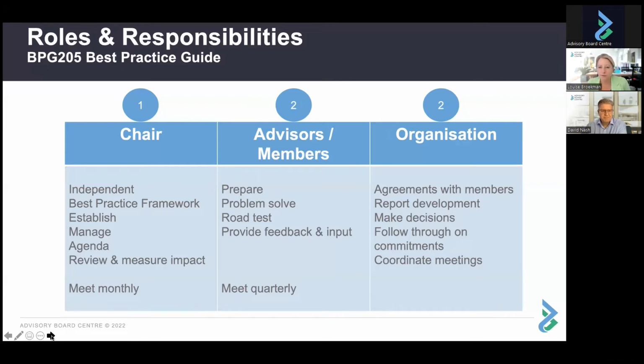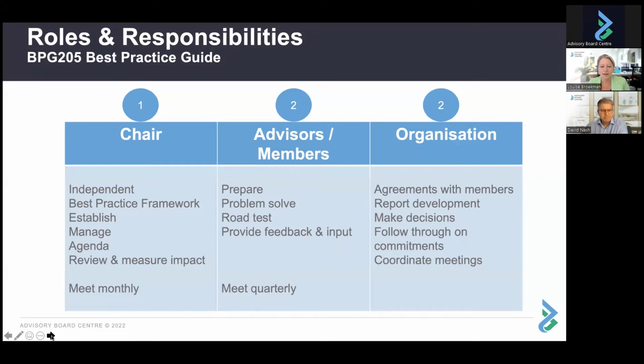And part of that review is to measure the impact of the advisory board. We know that 90% of advisory boards have a positive impact around business confidence, and it's 30% impact on business confidence. So the role of the chair is critical in ensuring that those protocols are in place. So you see, have we achieved what we said we were going to do? Are we on track? And has the environment changed and the advisory board needs to be refreshed, or the charter needs to change? Any which way, you can never take the advisory board for granted as a chair